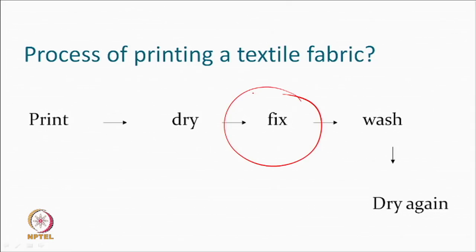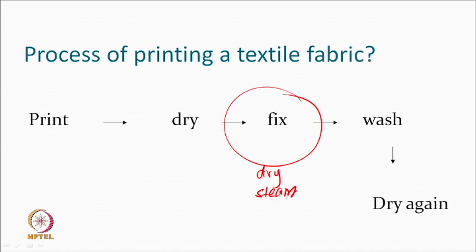Drying, of course, you may have some leeway that you are just drying, removing the moisture, but during drying and handling, if a crack appears because you have a film of a thickening agent which has been dried, then the moisture penetration through the crack will be different, and you might see after print you actually have a permanent mark which may not get fixed properly. So, you have fixation which is important, you can do dry, steam.